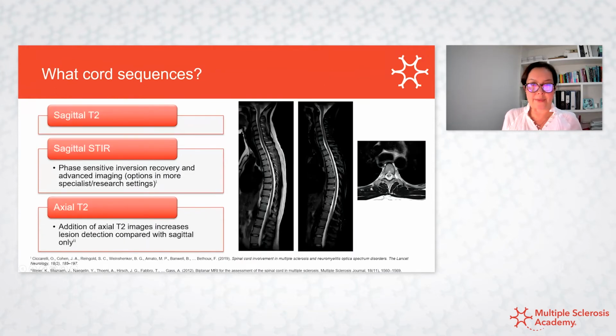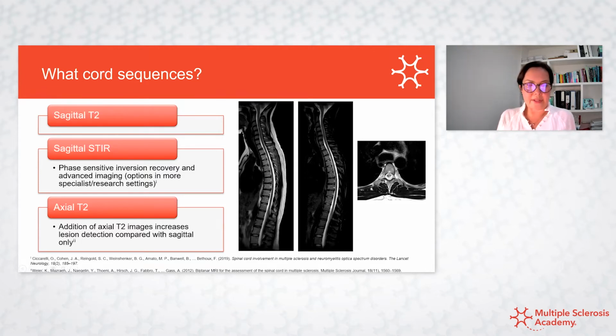We're onto the cord sequences. What sequences do we need to do in the cord? Now, the most important part of the cord imaging is to make sure you get an axial sequence, to make sure you do both the sagittal and axial. So a lot of centers just do the sagittal sequence, and this is often a 3mm or 5mm. Sometimes there's a gap between slices and you don't see the lesion. Whereas if you do axial sequences, you're getting the whole cross section of the cord, and it's much easier to identify